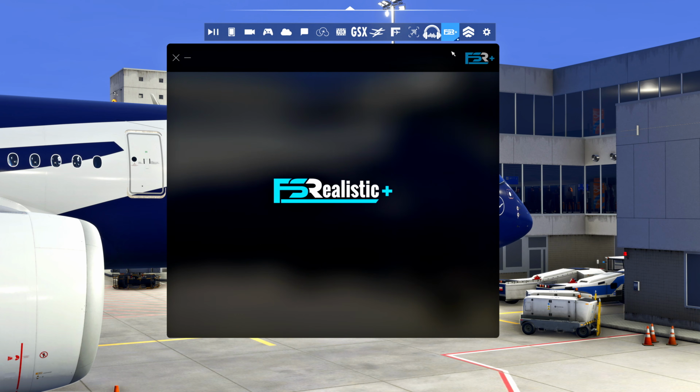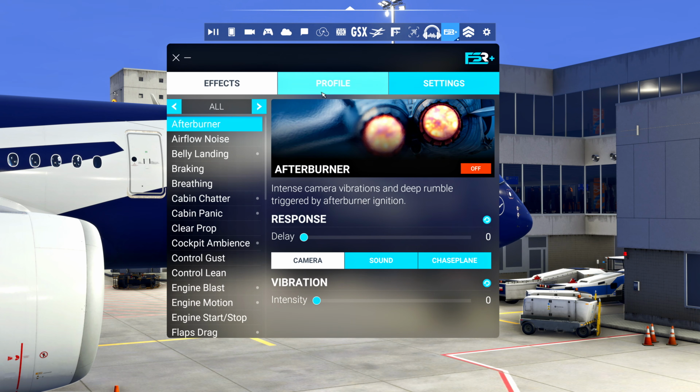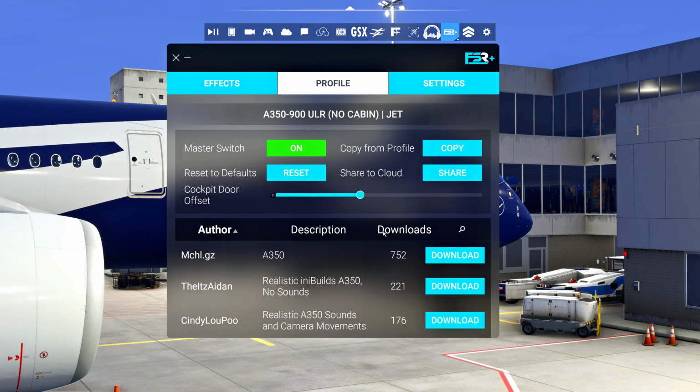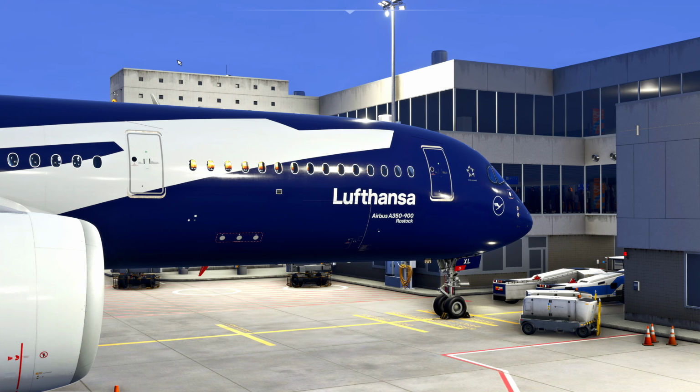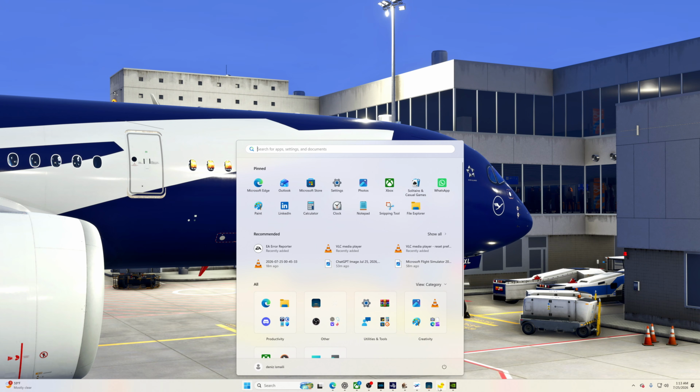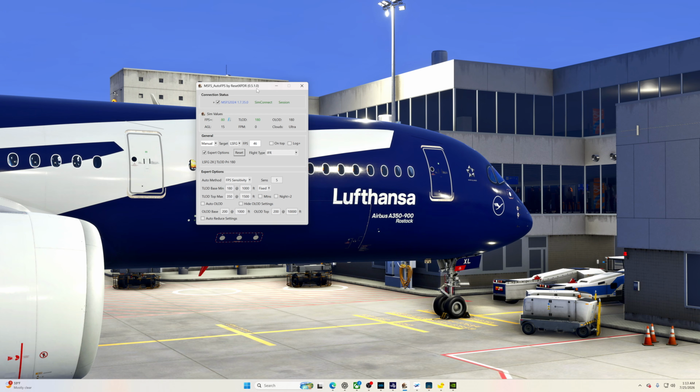So for the FS Realistic Plus, you can download my preset, my profile. You just type Dennis Aviation and you can download it. Most of all I use it with the A320, A321 and also with the A350. So when it comes to auto FPS,